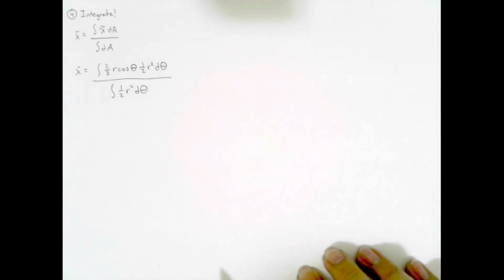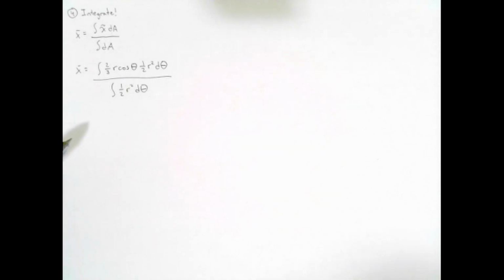Now, you may already know this, right? But this is a quarter circle. And we know that the area of a circle is pi r squared. So that means that this integral should give us pi r squared divided by 4 because it's a quarter circle. But let's integrate it anyway, just to make sure. First off,